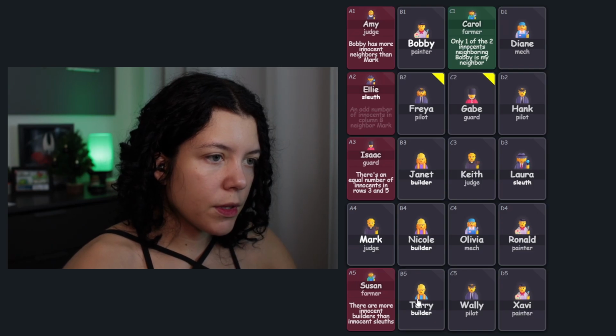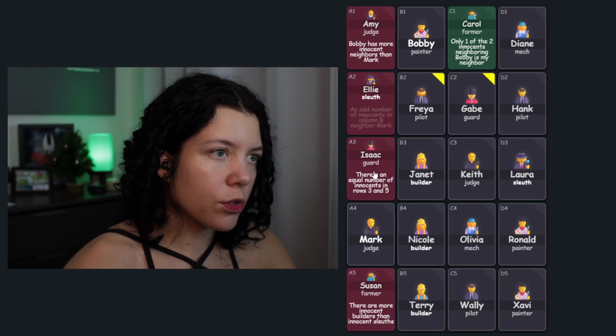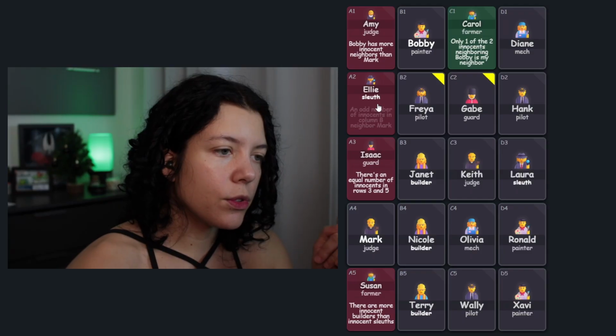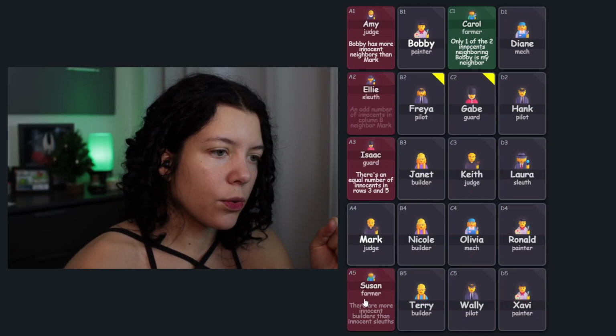There's a builder in each of those 2 rows, row 3 and row 5. And there's one sleuth. Any other sleuths? There's one criminal sleuth here, Ellie. How many sleuths are there in total? There's only 2 sleuths. So that means